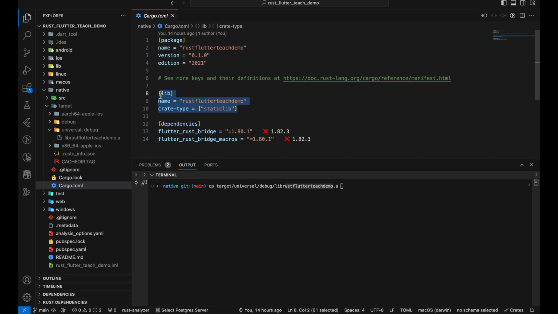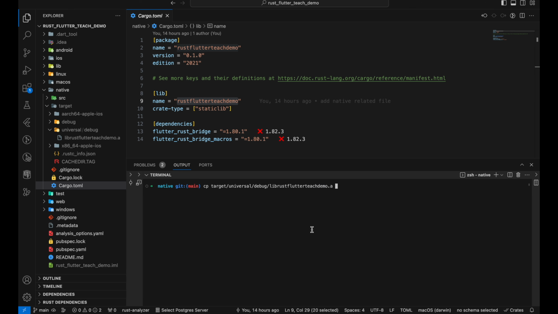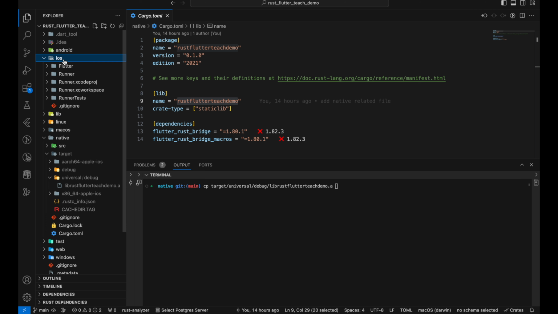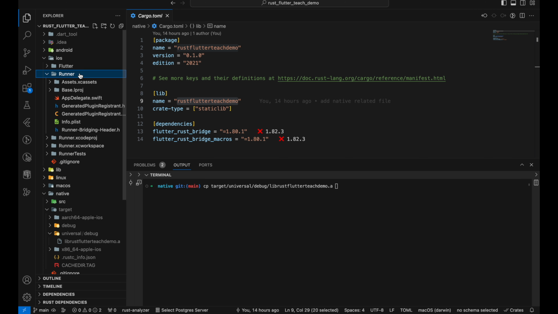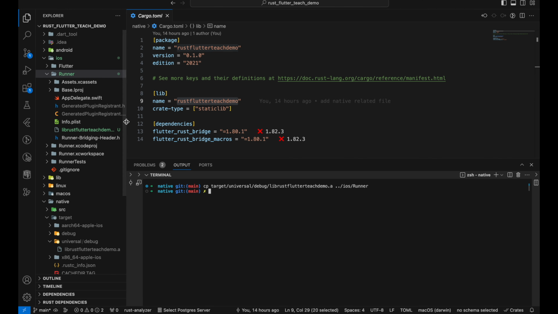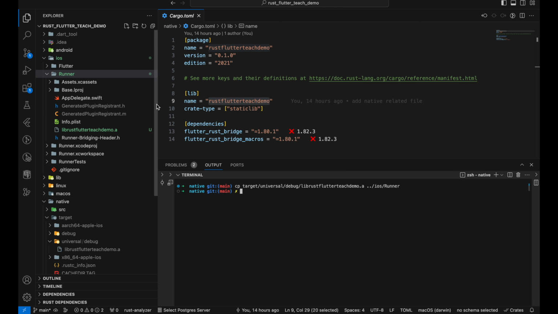Here we declare it, rust_flutter_teach_demo. That's why it is available with that name. So we will copy this into the iOS runner folder. Let's copy that, go to our project root and then the iOS folder and then the Runner. Hit enter, and the .a file will be copied there.